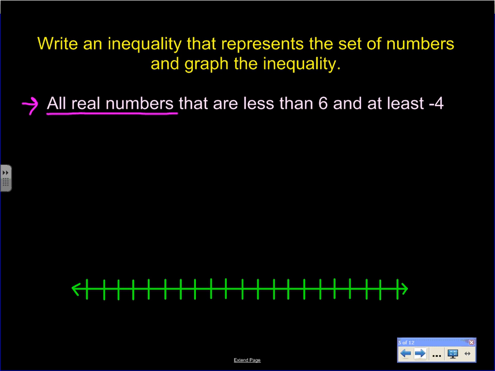Whenever you see this, all real numbers, you just think of a variable. That's going to represent a variable. It represents a set of numbers, so all real numbers is going to be the set of numbers that are less than 6 and at least -4. So all real numbers less than 6. We put a less than 6 there. X is going to be less than 6